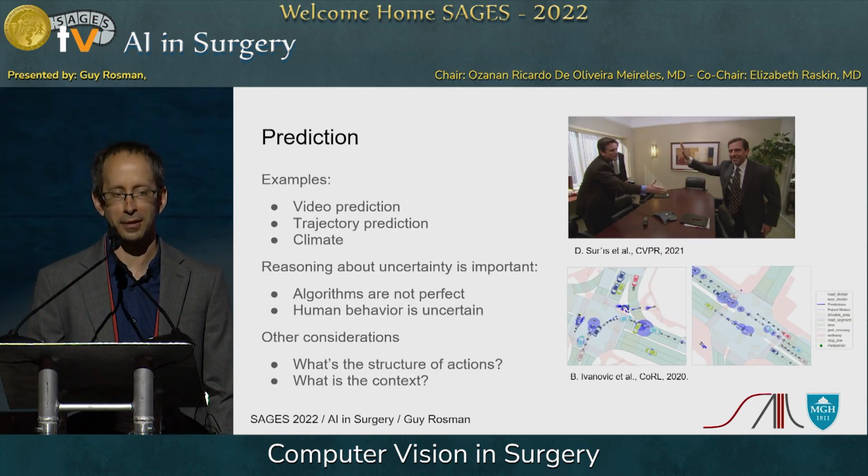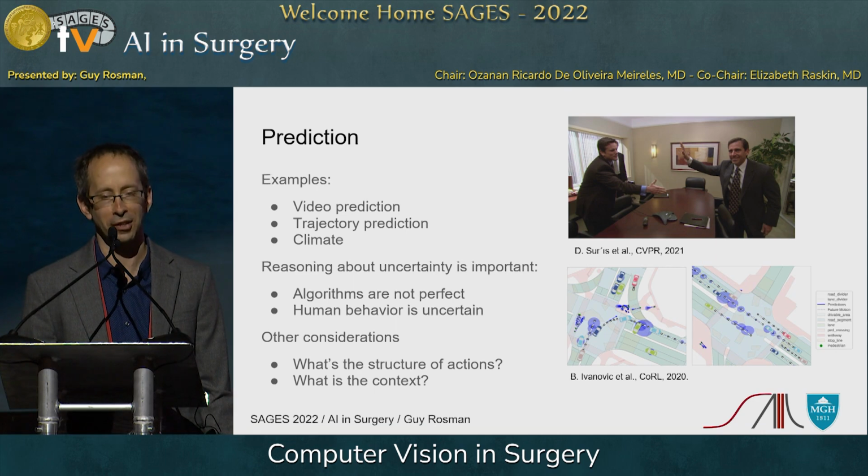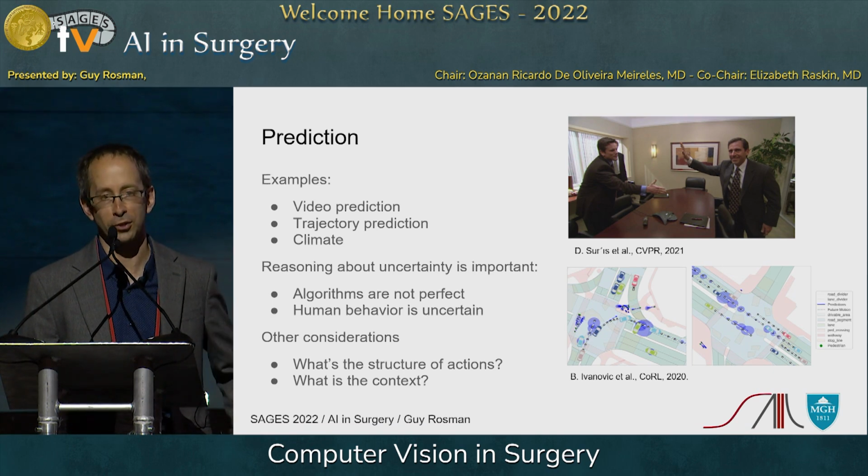This was all about past information, this was analysis, but we can also do prediction. People have done a lot of prediction tasks in computer vision, so you look at images or other signals and you want to forecast what the future is going to look like. They've done that in terms of video frame predictions, trajectory predictions of human behavior. In this case, it becomes very important to reason about uncertainty, because inherently human behavior is uncertain and you don't have all of the context. It's important to keep note of that.